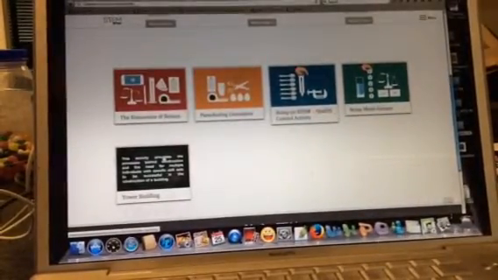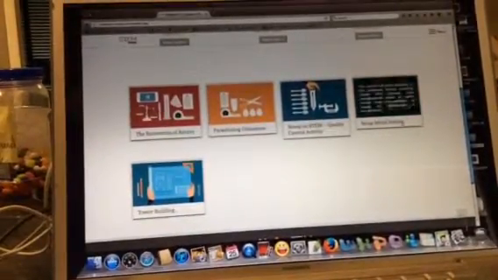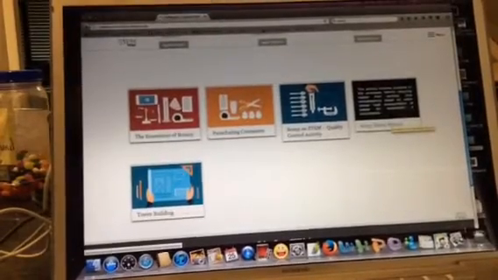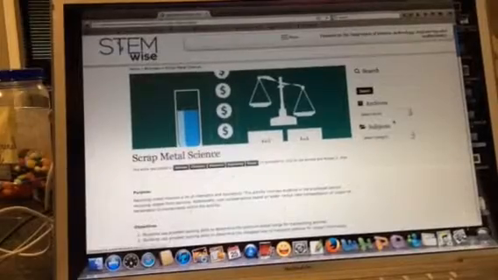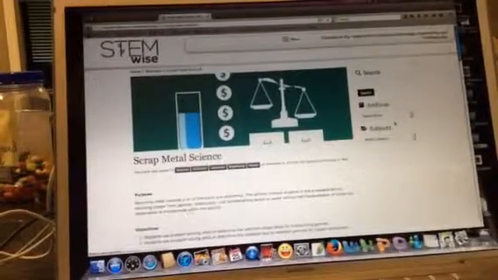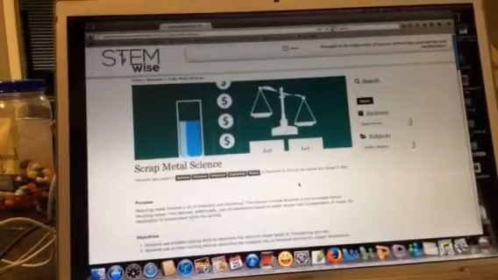I need to get it on there, but it's not there. So the activity is for tower building, but for scrap metal science, everything is here, including the article. I'm going to put the articles on Blackboard for you to read, but you can also access them through the STEMWise website. And I already gave you the address to this,